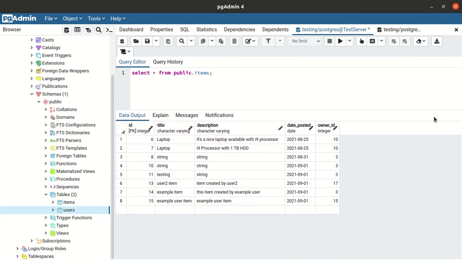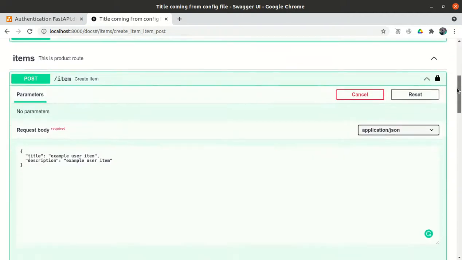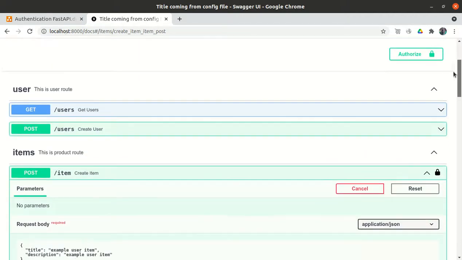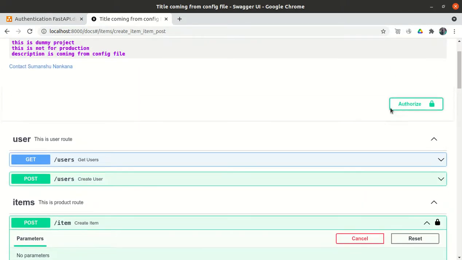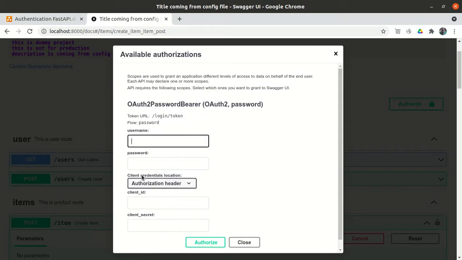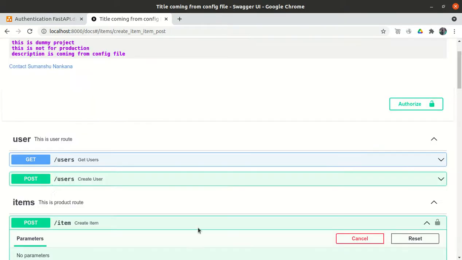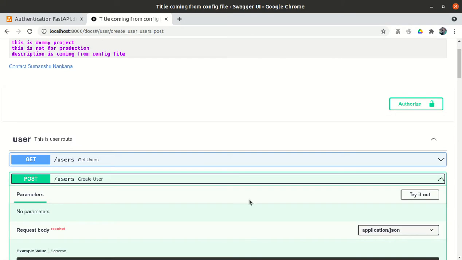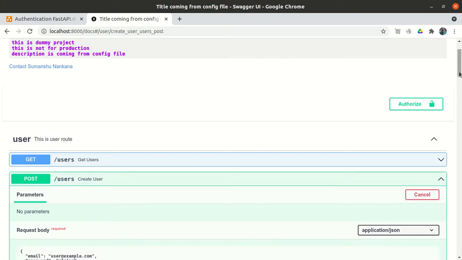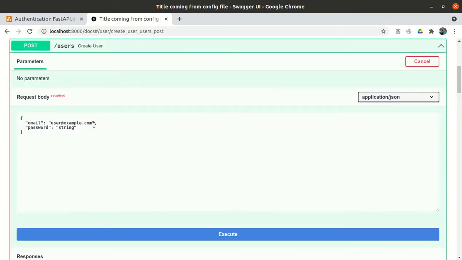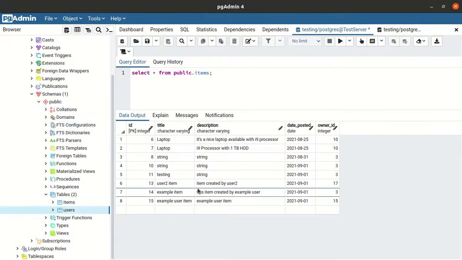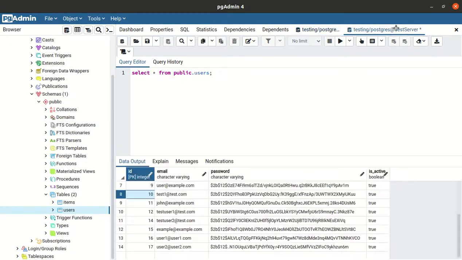If another user comes, let me log out. So I have logged out. Let me create a new user. Let me check what users there are. test1@test.com is there.